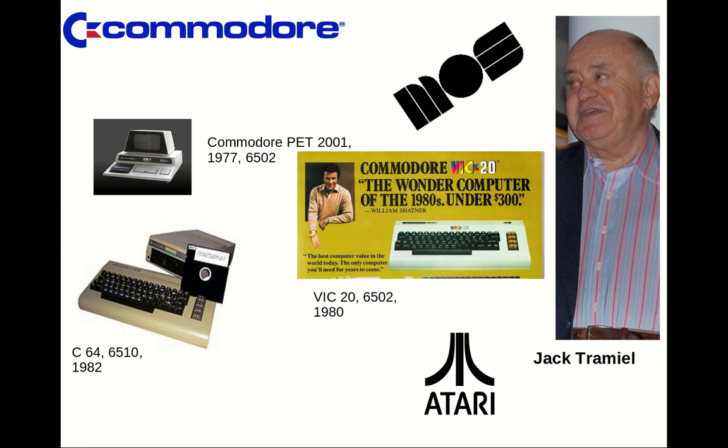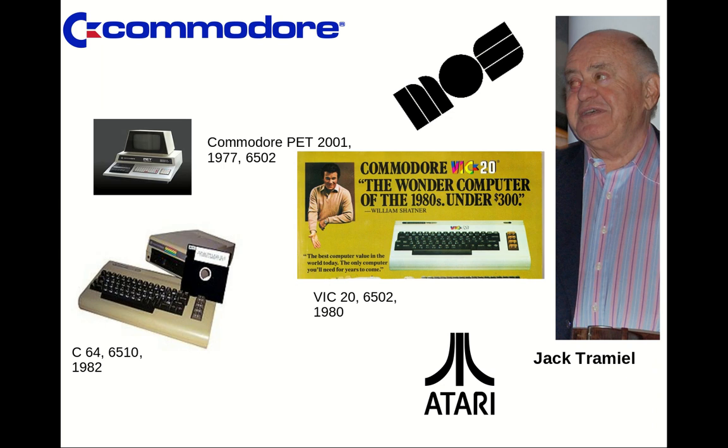And then he came up, basically inspired probably by Apple, with also a home computer, that was the VIC 20 of the year 1980, also using the 6502, the same microprocessor that also Apple used at that time from MOS Technologies. And then finally in the year 1982, the